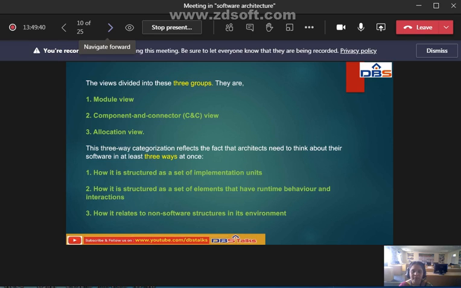In these three ways, the categorization reflects the fact that architects need to think about their software in at least three ways at once. That is the main use. What are the three ways at once? First, how it is structured as a set of implementation